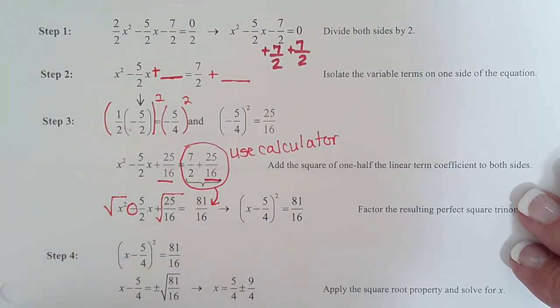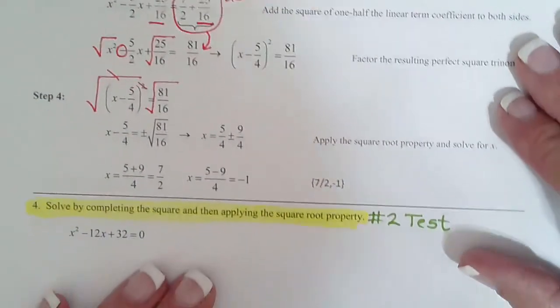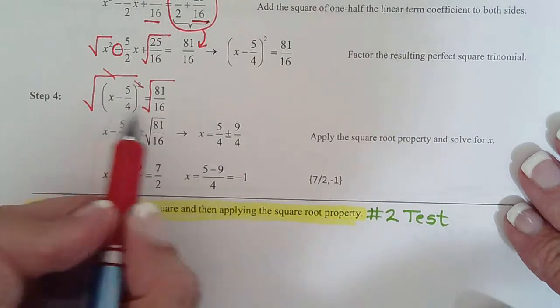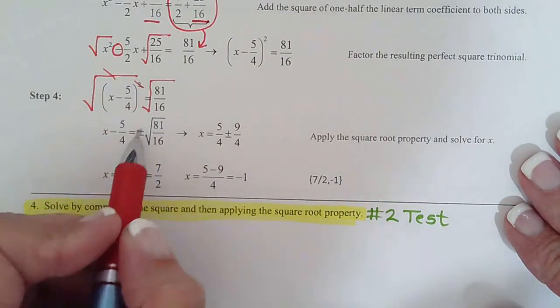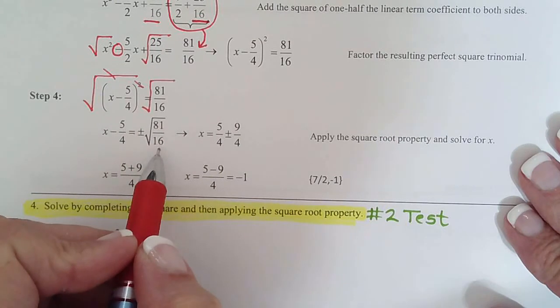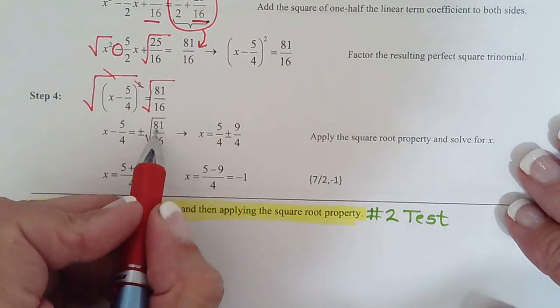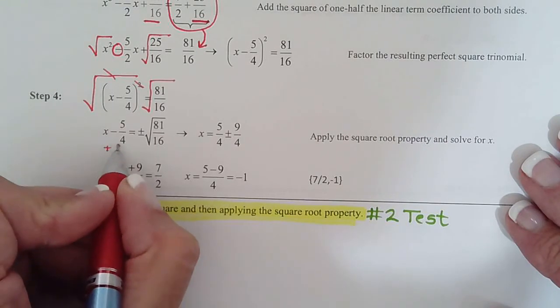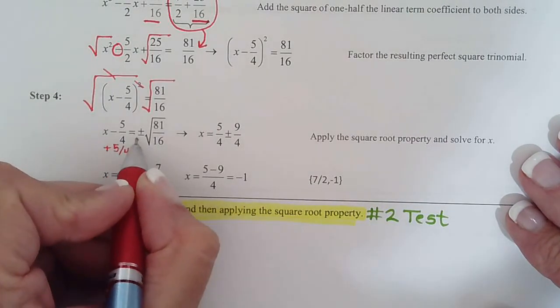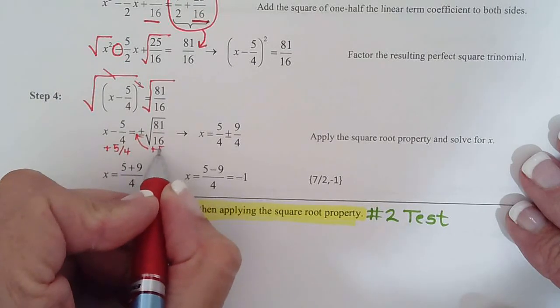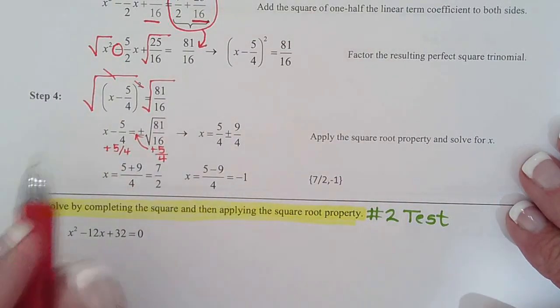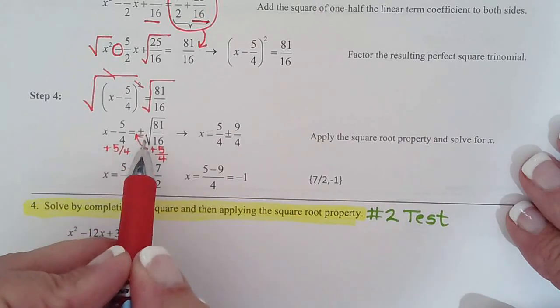This is what we did on page 1. Now that we have a squared quantity equals a number, to undo the square, remember we have to square root both sides. So these cancel each other out, and I get x minus 5 fourths equals, because I did the square root of both sides, remember how I have to do plus or minus, and then square root of 81/16, which would be 9 fourths. So then add your 5 fourths over. And I always like to put it in front of the plus sign. And you get 5 fourths plus or minus 9